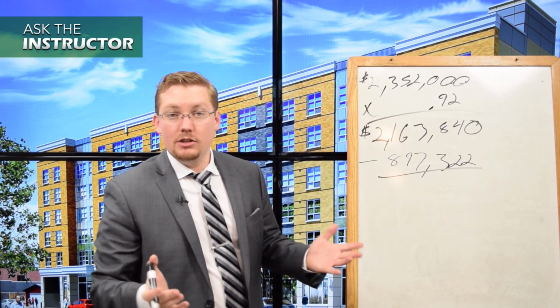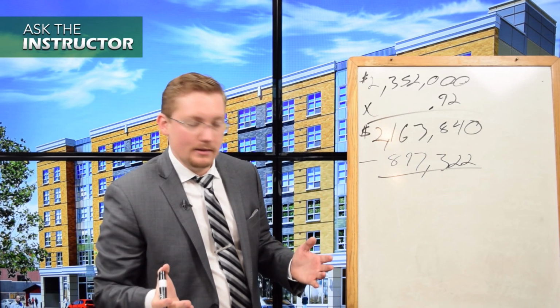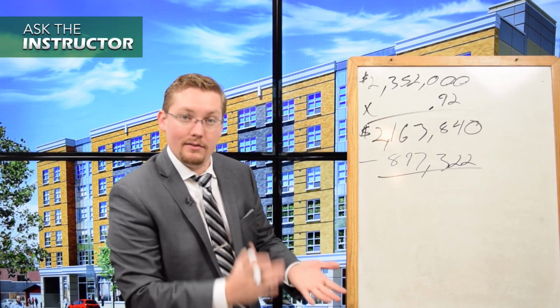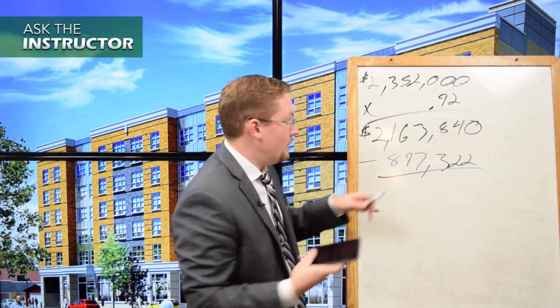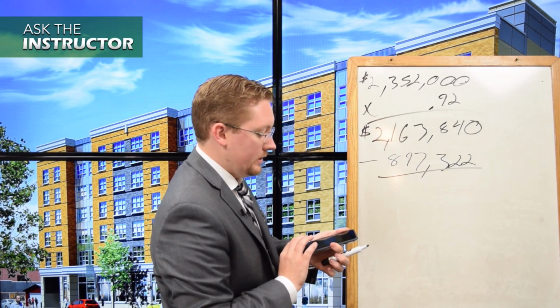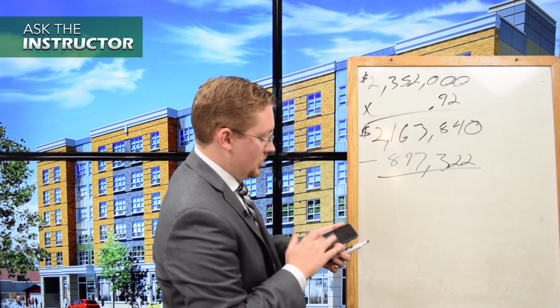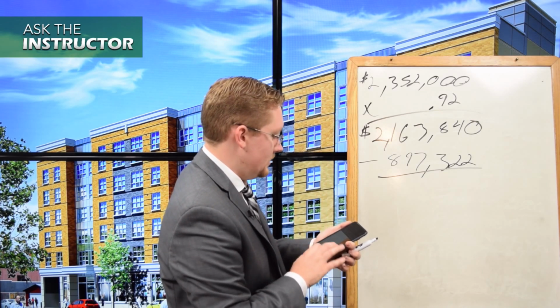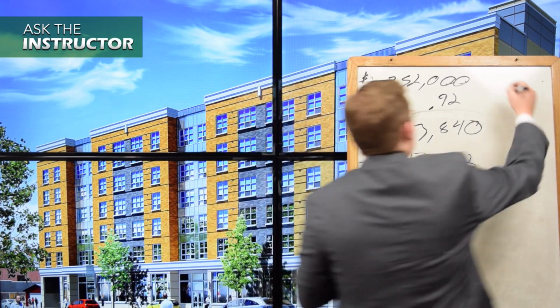Now, again, that doesn't mean you shouldn't fact check this stuff. You still don't want to trust numbers, any numbers, until you've gone through and verified that these numbers are accurate. But let's say these are our own calculations here, and we know that they're going to be accurate, or we're at least assuming they're going to be somewhat accurate. We're going to take out this $897,322, and that's going to leave us with, so this was our PGI,